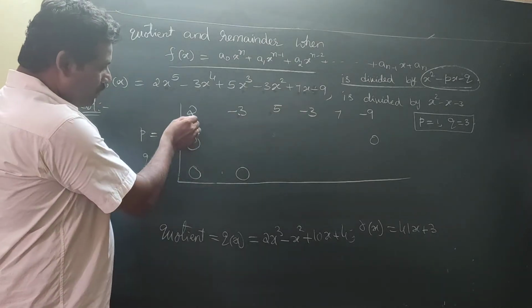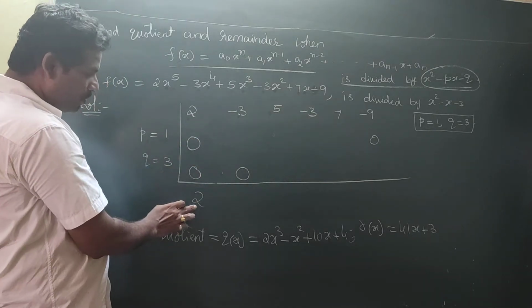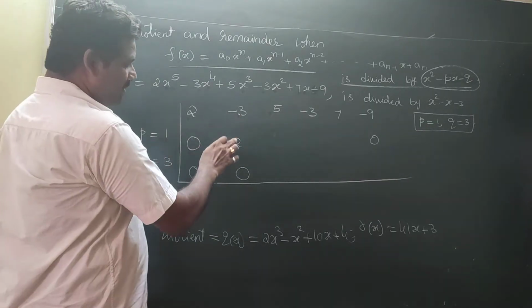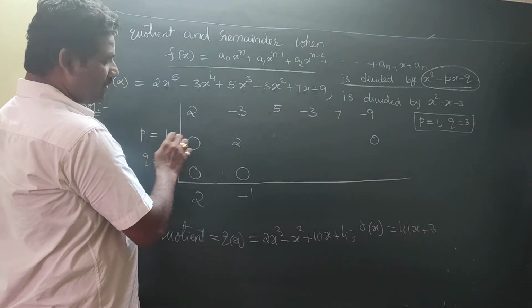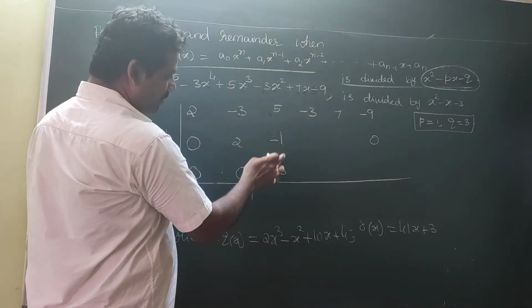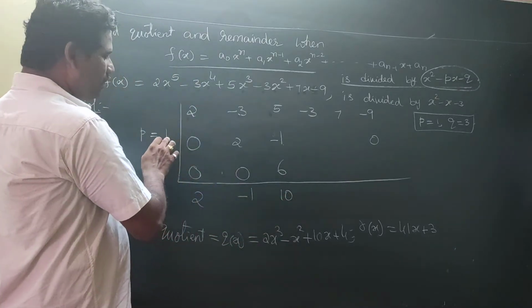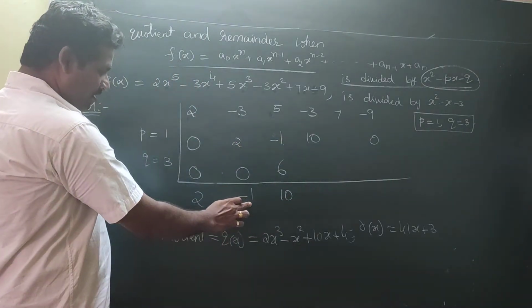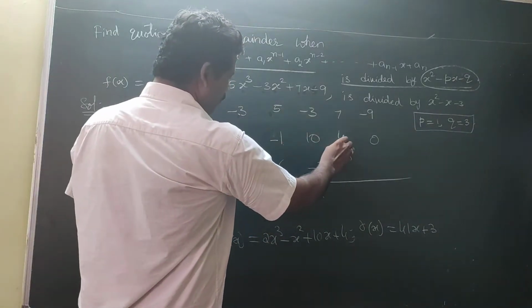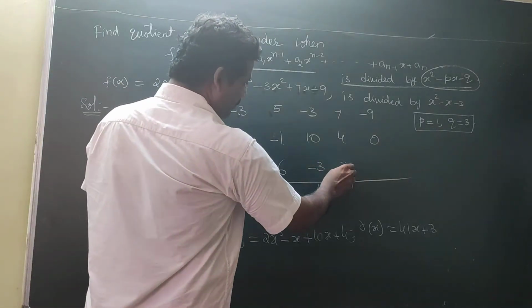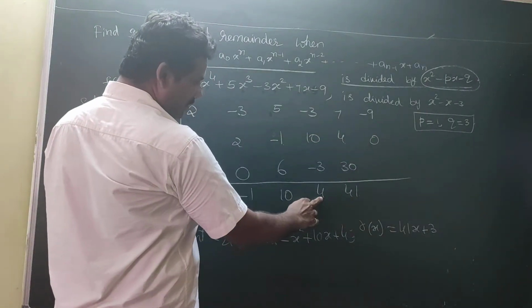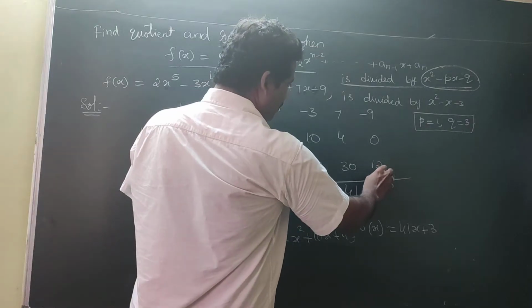Again start the process. 2 plus 0 plus 0, 2. 2 into 1, 2. And 2 into 3 you will not do right now. Minus 3 plus 2, minus 1. Minus 1 into 1, minus 1. Before minus 1, 2. 2 into 3, 6. 5 plus 6, 11 minus 1, 10. 10 into 1, 10. Before 10, minus 1. Minus 1 into 3, minus 3. 10 minus 6, 4. 4 into 1, 4. 10 into 3, 30. 41. So 41 into 1, no need to do. Already you kept 0. Before 41, 4. 4 into 3, 12. 12 minus 9, 3.